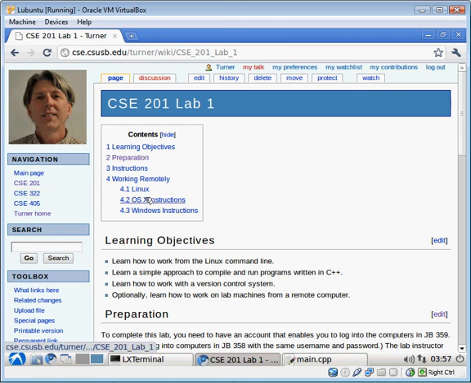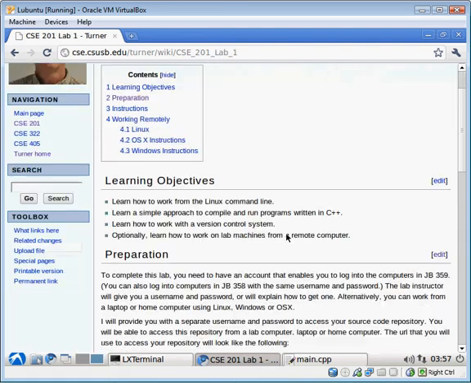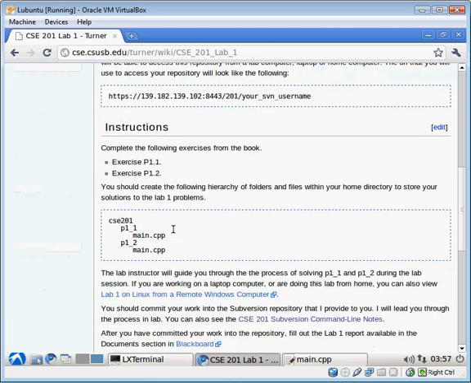Okay, I made some modifications to some notes. I'm going to go up to the course main page, and you can see there I have it under Lab 1. That's where I put it. And under Instructions, I have linked to Lab 1 on Linux from a remote,